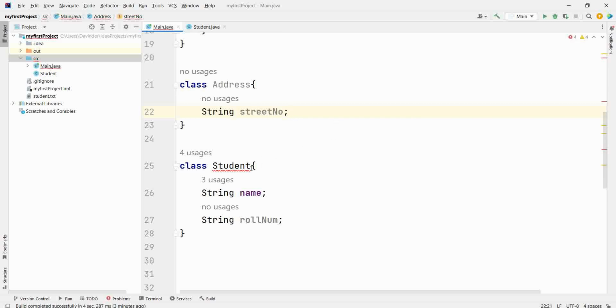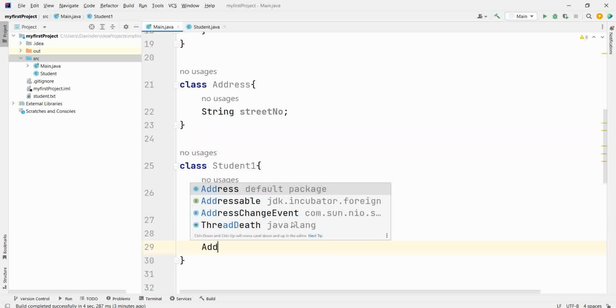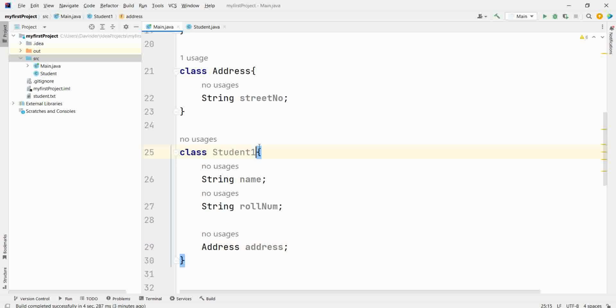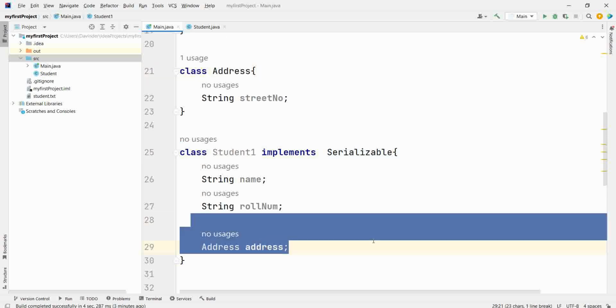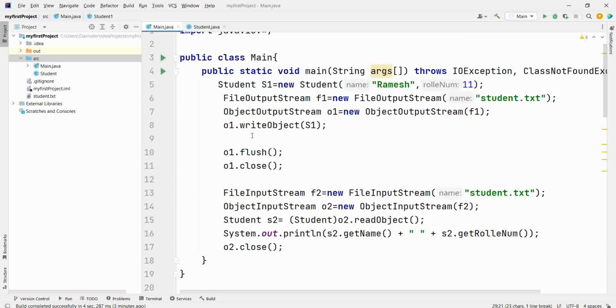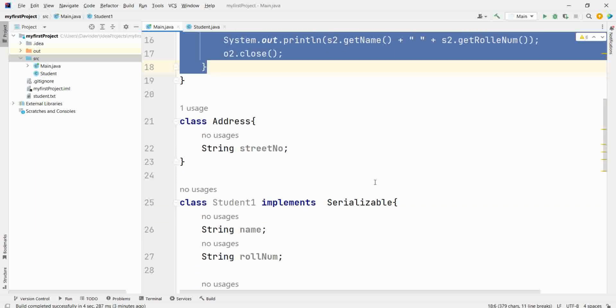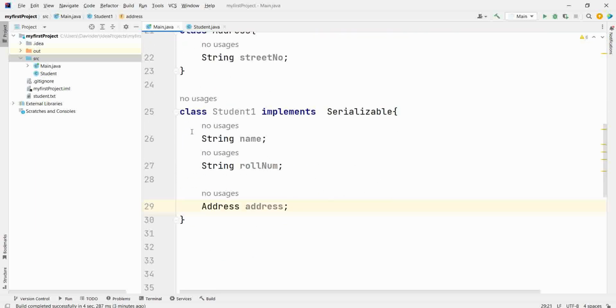When the Student class has the property of the Address class, this is a HAS-A relationship. Now in this case, if we have Student which is serializable and Address is not serializable, it means the HAS-A property is not serializable, then at the time of running this code, it will give you NotSerializableException. So the HAS-A property must be serializable.